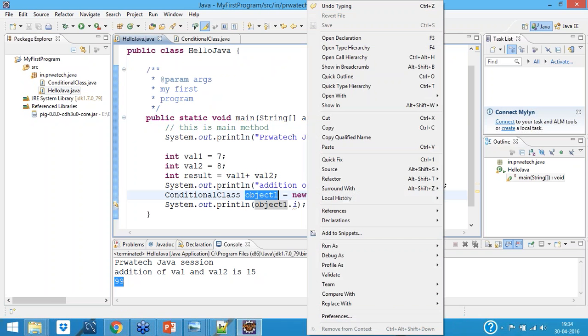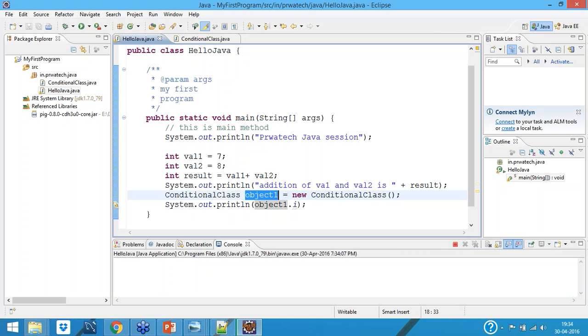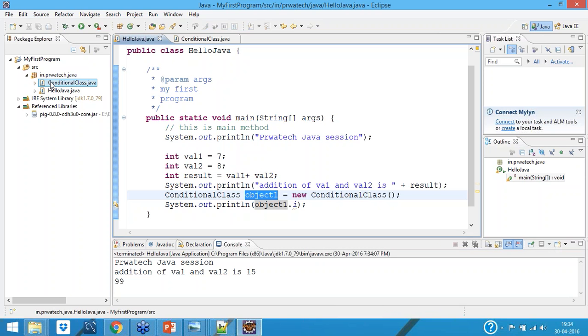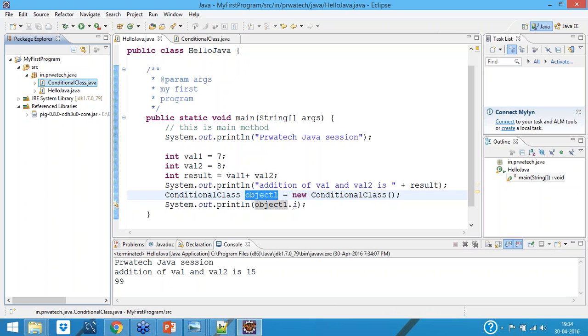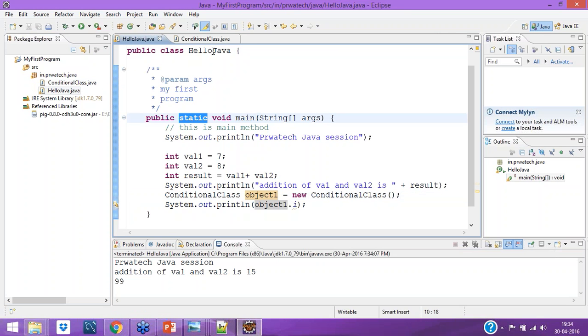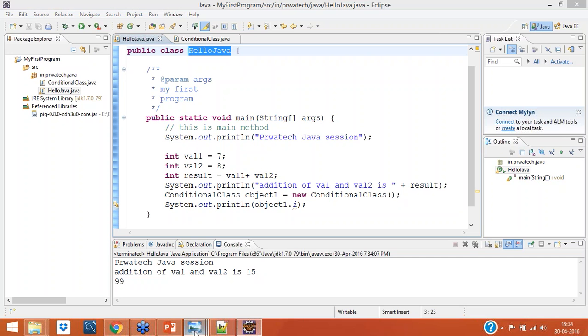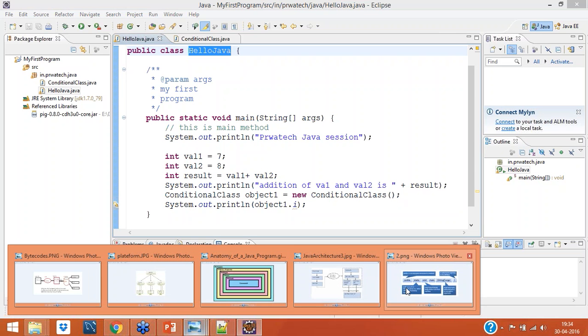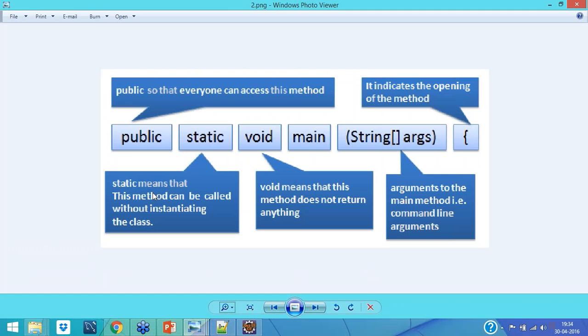So it will take and run it. 99 is coming. That means here I don't need any public static void main. Static just executes this particular method without creating the instance of this class. So that's all about static. It always executes the method without instantiating the class.